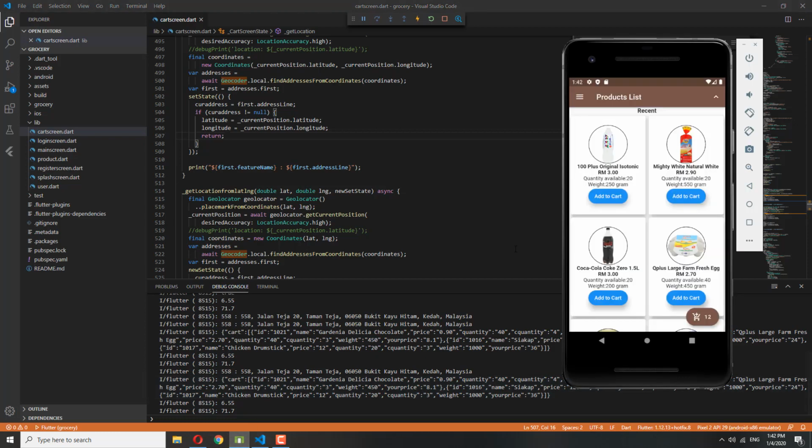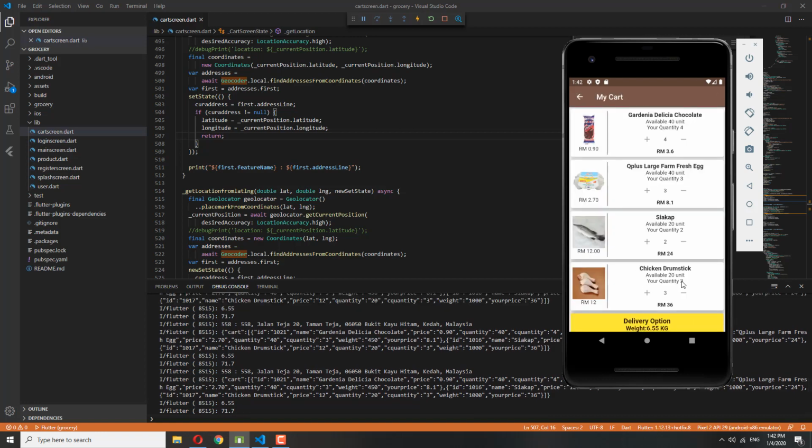tutorial. In the previous tutorial, we looked into the cart screen, which is available from this floating action button. When the user clicks on this floating action button, you get a list of your cart. In the previous tutorial, we didn't have the capability to add to the cart or to increase the quantity of the cart. So this time we're going to see more implementation for my cart, where the user can